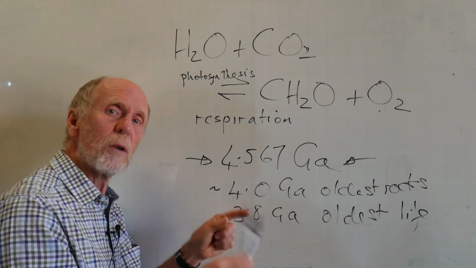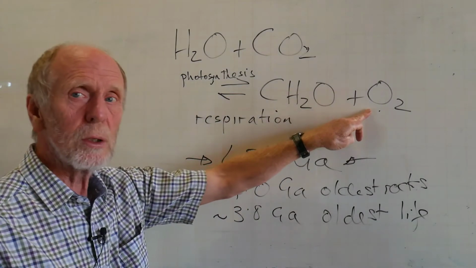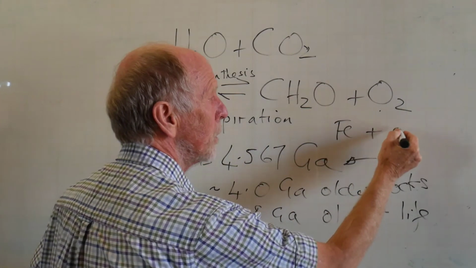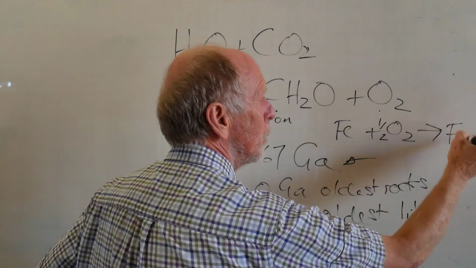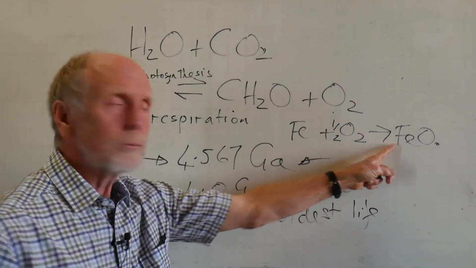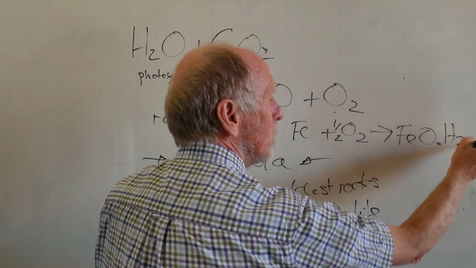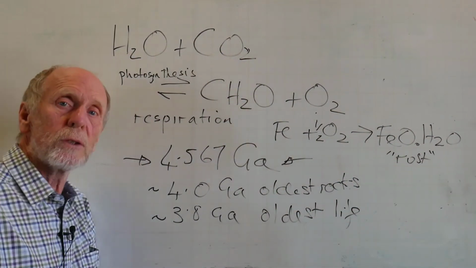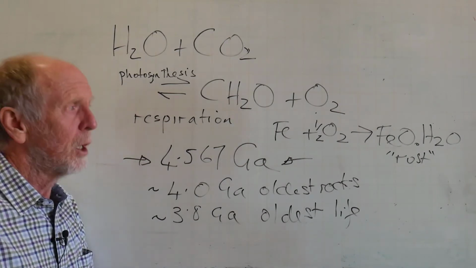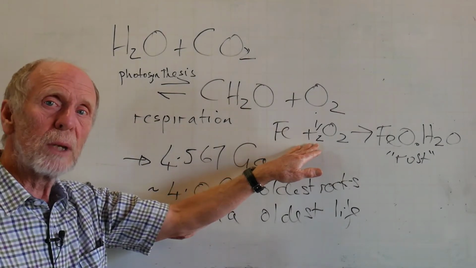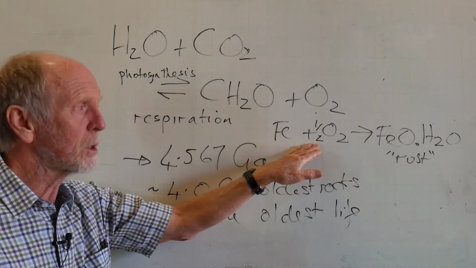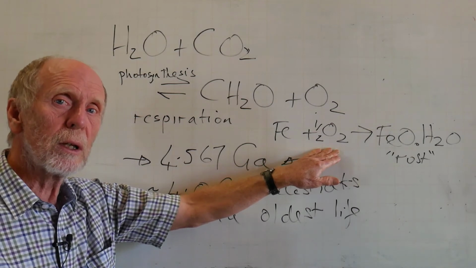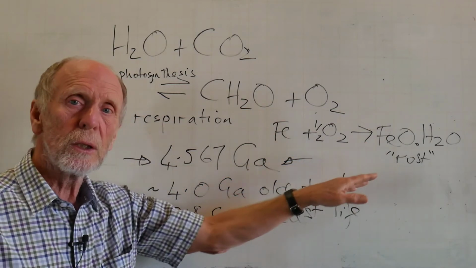The life had to be going for a long time, and one of the things that happens to oxygen, if you're not using it, is that compounds like iron just love oxygen, making an iron oxide. And if you add water to that, that's a compound that you don't want around really quite often, certainly not in your car. It's rust. But there's so much iron in the basalts that make the surface of the Earth, at least on the ocean crust, that for a long time they will soak up all the oxygen that photosynthetic life has to offer. You just rust the Earth.